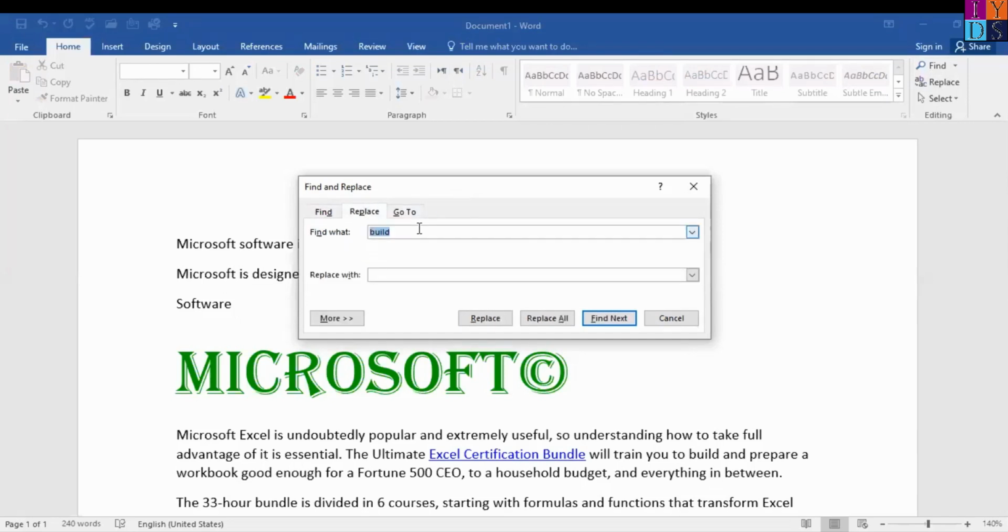You can replace whatever you want. In this case, I want to replace build with buildings. Just type in Replace With buildings. At times you may discover that you have made a mistake repeatedly throughout your document, such as misspelling a person's name or anything like that. You need to exchange a particular word or phrase for another. You can use Word's Find and Replace feature to quickly